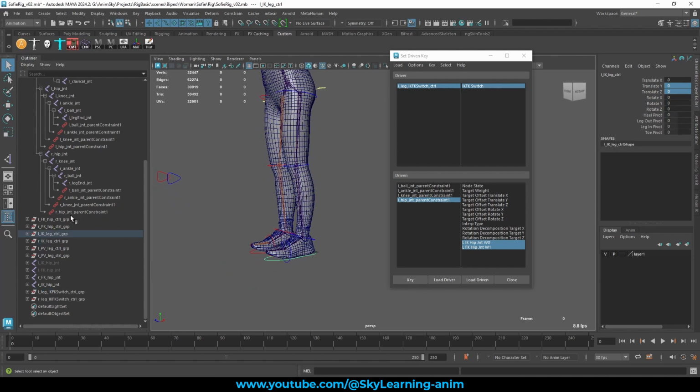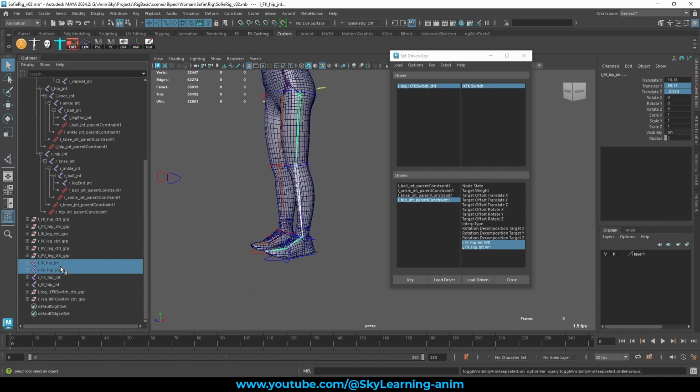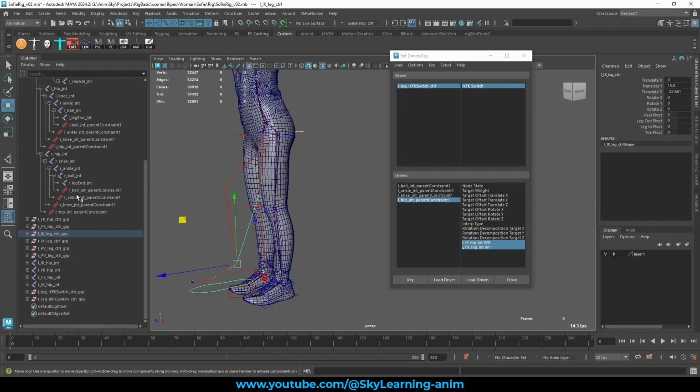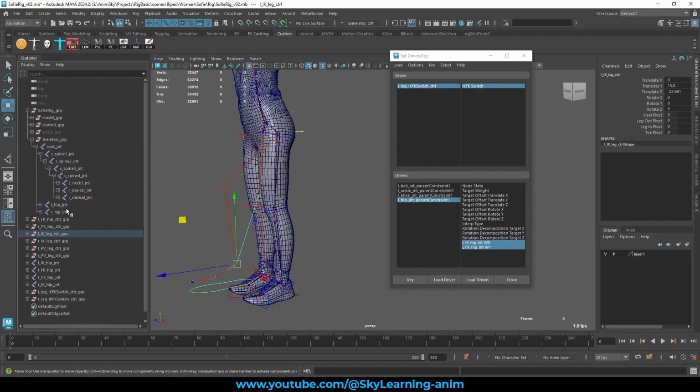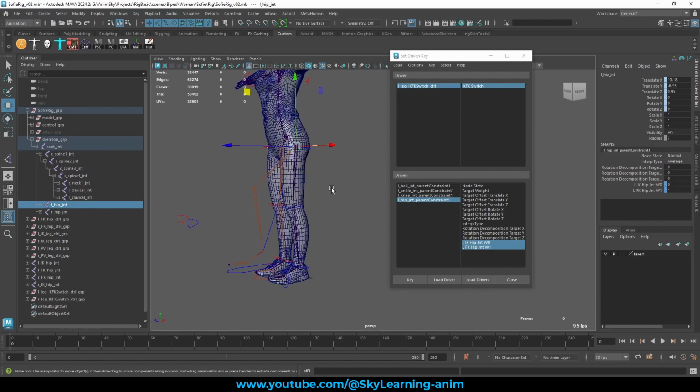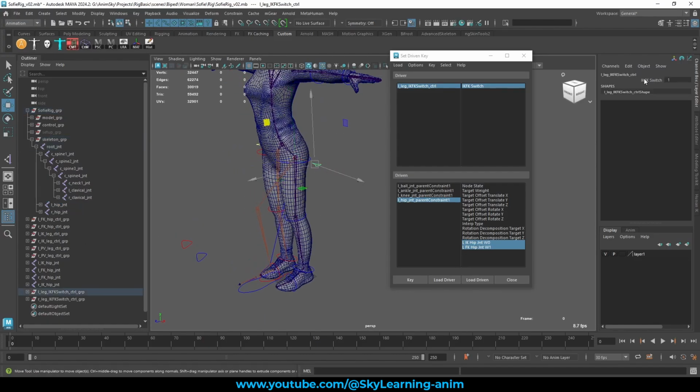So let's check this out. Unhide this. And this is only the IK joint following, but the main joint is still here at the rest position. So now check with this controller. This is an FK mode. So now go for